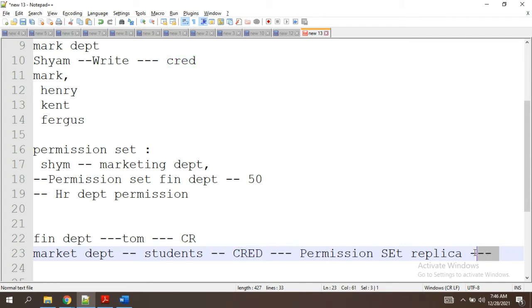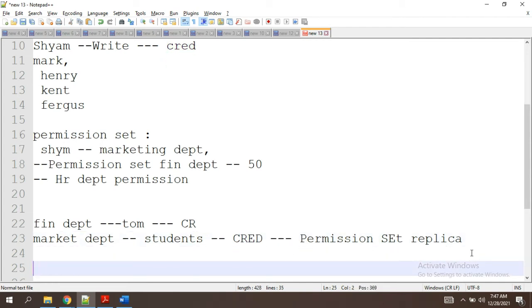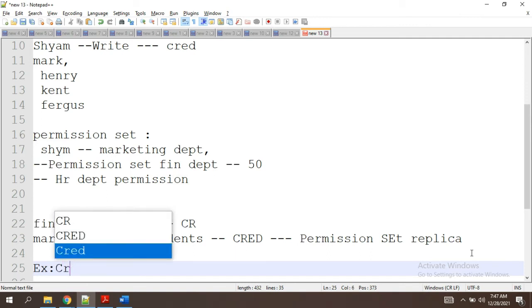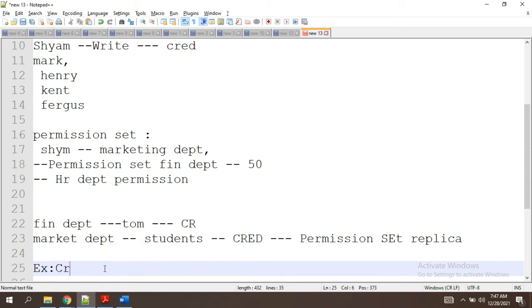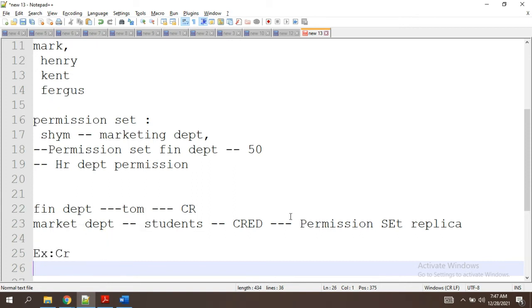Our expectation is that in the profile we have just controlled so that he will be able to see the records and create the records, but not edit and delete. But when we assign the marketing department permission set, he will be able to even edit and delete. Understood?